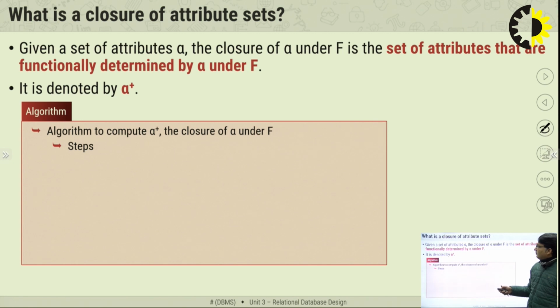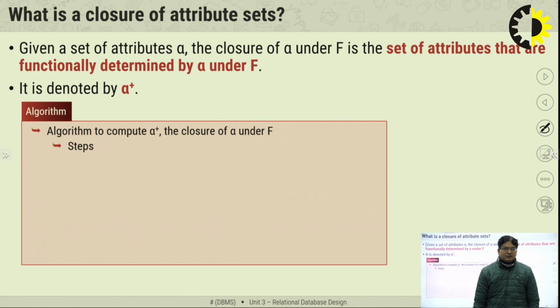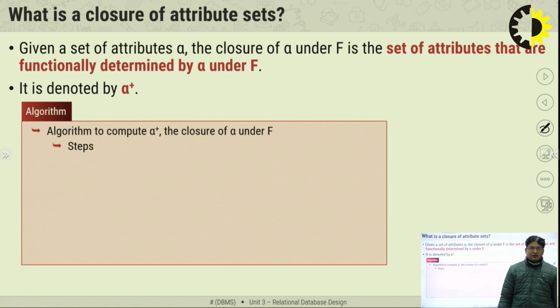Now why are we computing the closure of an attribute set? The reason is that we want to find out the candidate key or the super key in our given relation. In order to find the super key or the candidate key, we have to determine which attribute encompasses all the other attributes. If the closure of that particular attribute determines all other attributes, we can say that it is a candidate key. So the closure of an attribute set is used to determine the set of candidate keys in a given relation,